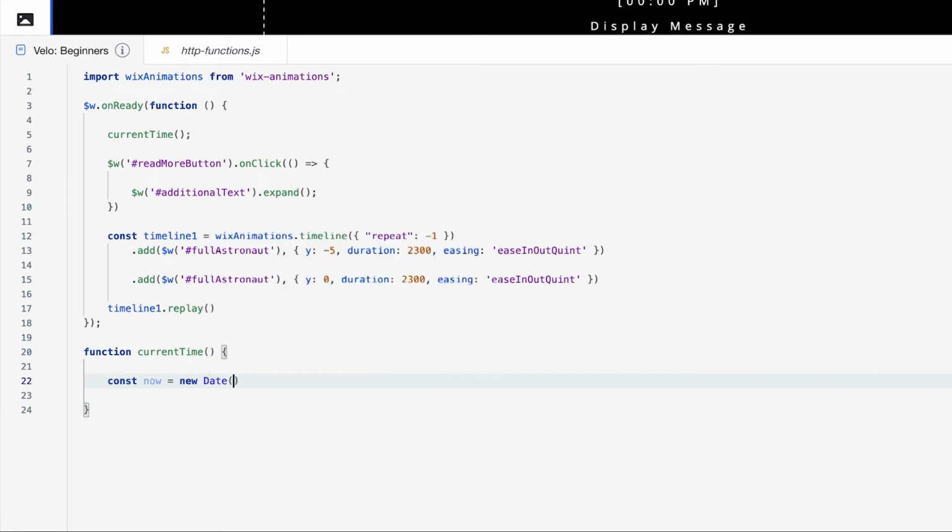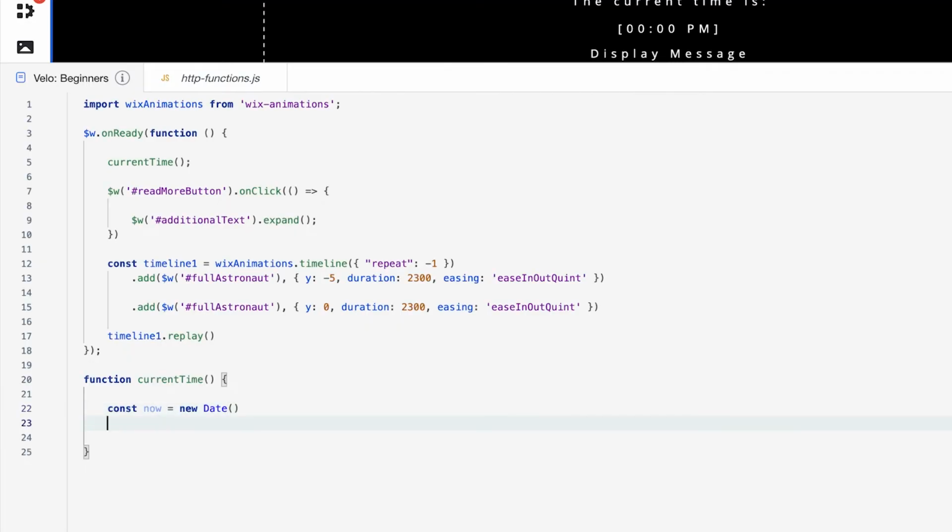This Date object is going to allow us to work with the date throughout our code, and we can get the current time, the millisecond, the minute, you name it. So now we have this const now equal to the new Date. We're going to be able to use now in order to get the current time and even make a function so that if the current minute is even or odd, we'll show a different message.